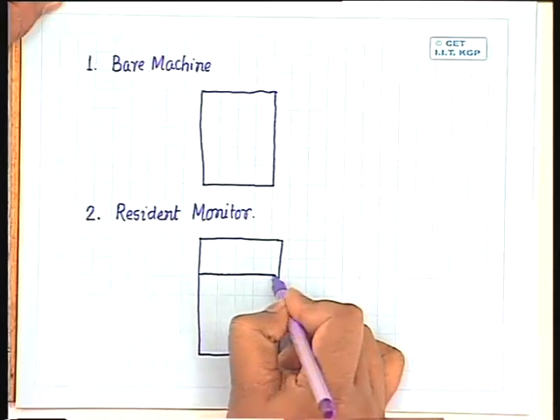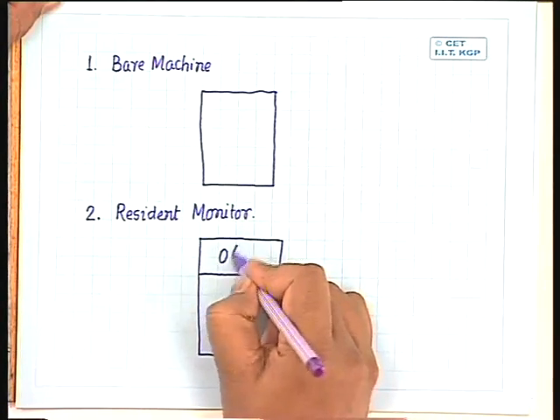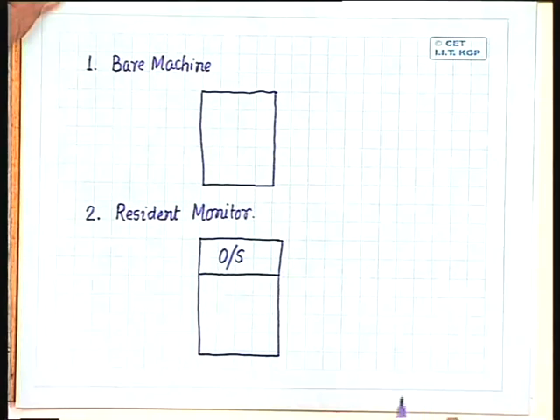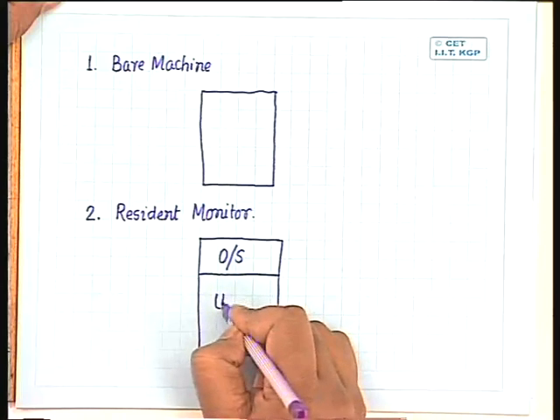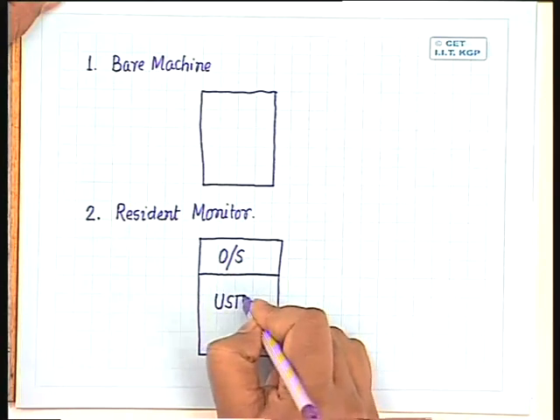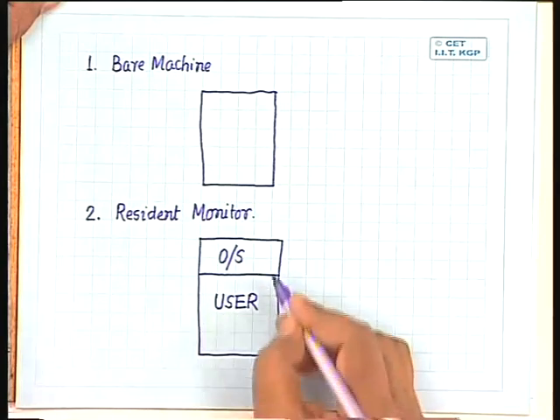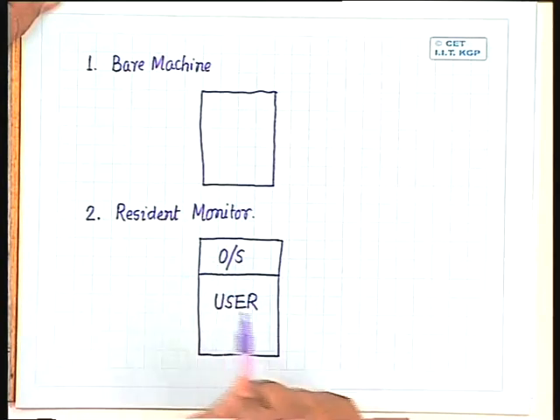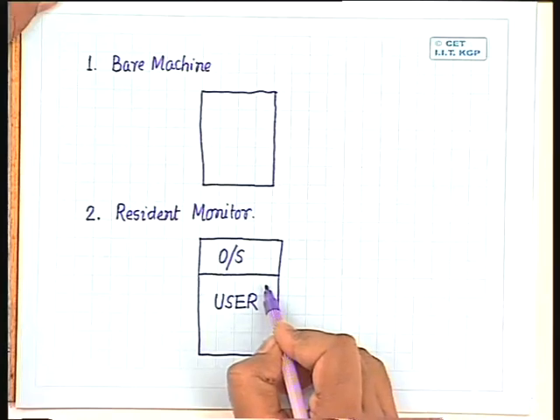In case of resident monitor system, the memory is partitioned, divided into two partitions. One of the partitions is occupied by the monitor program of the operating system, and the second partition contains the user data or the user program. So we have two clear partitions. One partition is occupied by the operating system, and the second partition is occupied by the user program. Now in this case also,